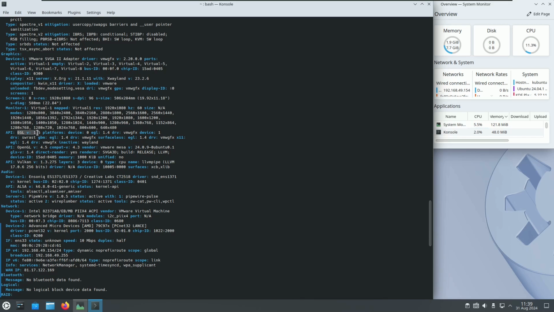So EGL version is 1.5. Here is other information. There is some additional information here. If I forgot anything, do let me know in the comment section, or you can just pause the video and read everything here. OpenGL version is 4.5, Compat version is 4.3, and here is the Mesa version 24.0.9, and Vulkan, here is the Vulkan version